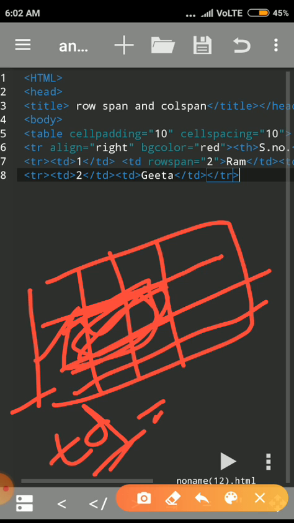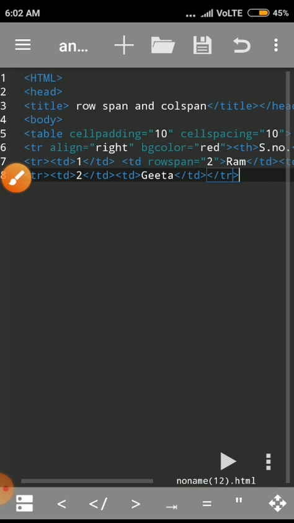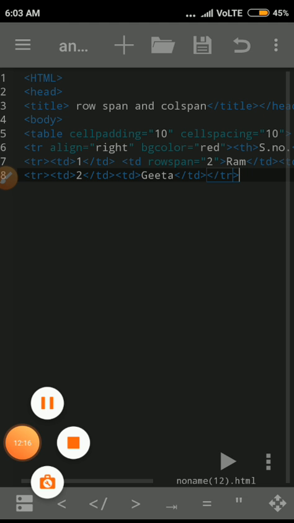Like that this program will be run to merge the content of the table, okay. So thank you, do the practice.